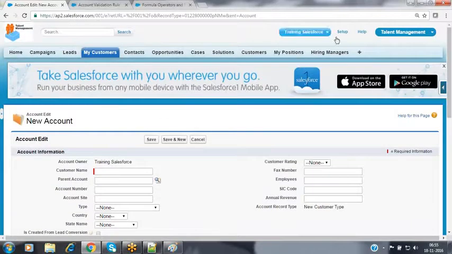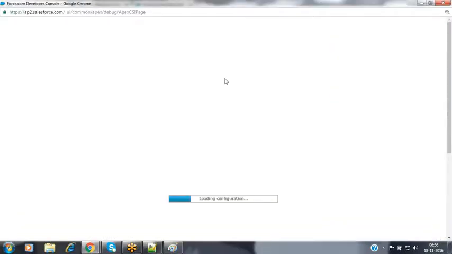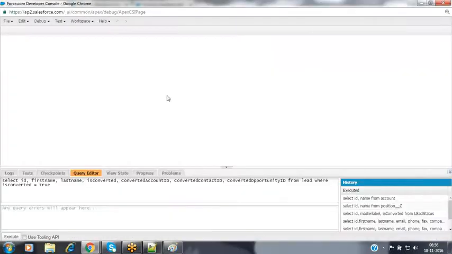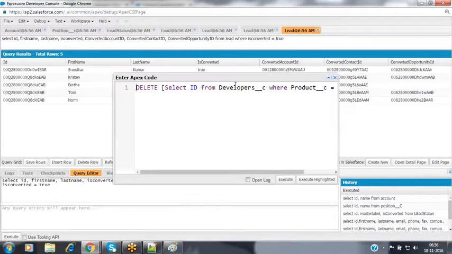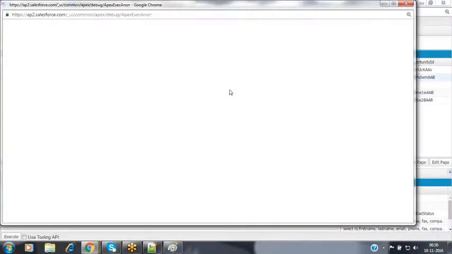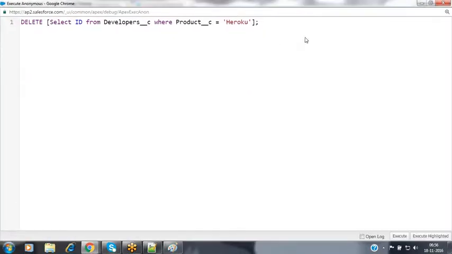I will try to create a record through Apex programming. So now I'm creating a record through my Apex programming.